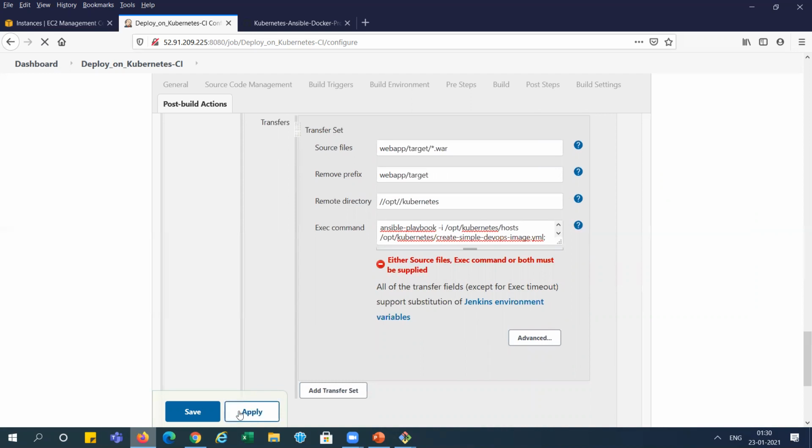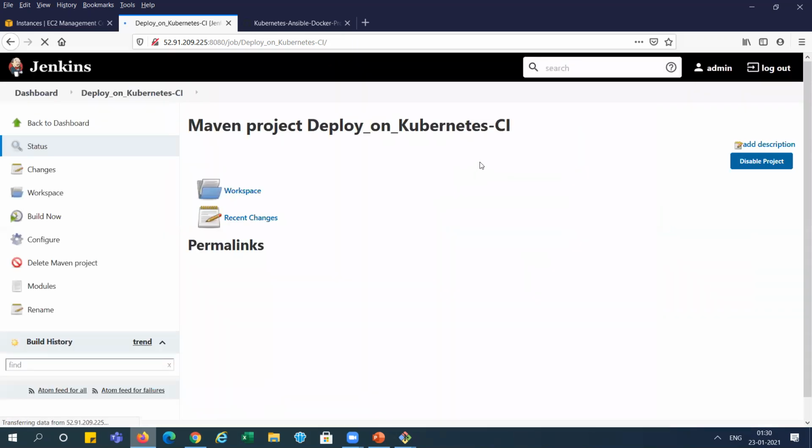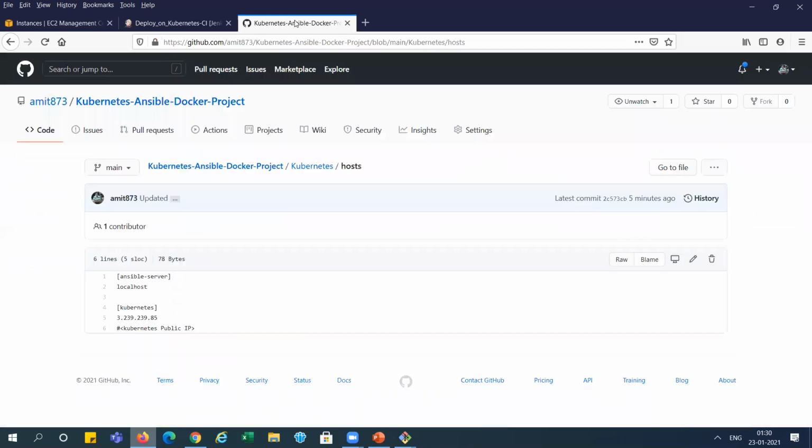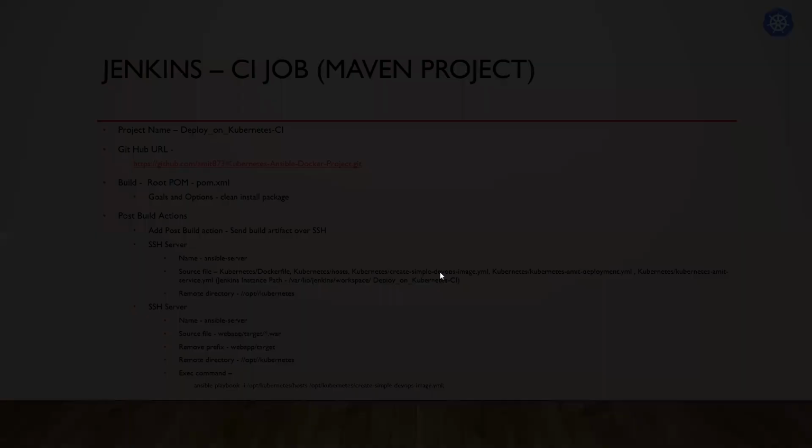For now, I'm saving this file here because we have created our CI job, right? So go to that. Here you can see Kubernetes. We are using one host file. I'm enlarging it so you can see here.